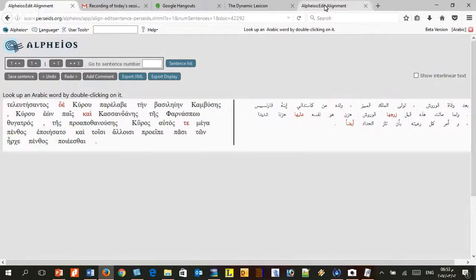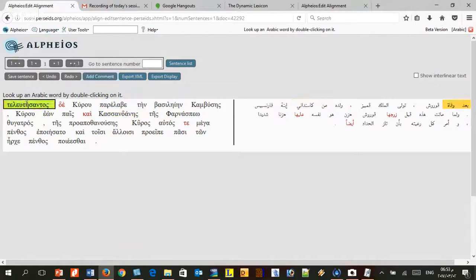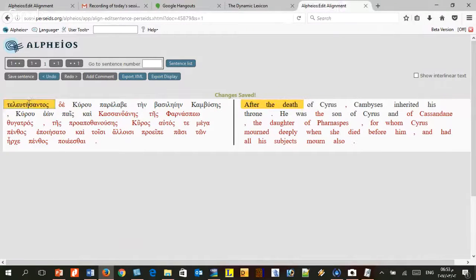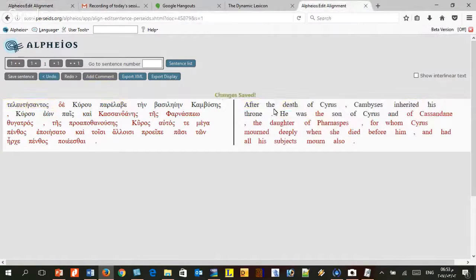So try to do also the English and Arabic for Teleutesantos. It's Ba'da Wafat, and here, as you can see, Teleutesantos is "after the death." So it's easy. Ba'da Wafat corresponds to "after the death," and so on.